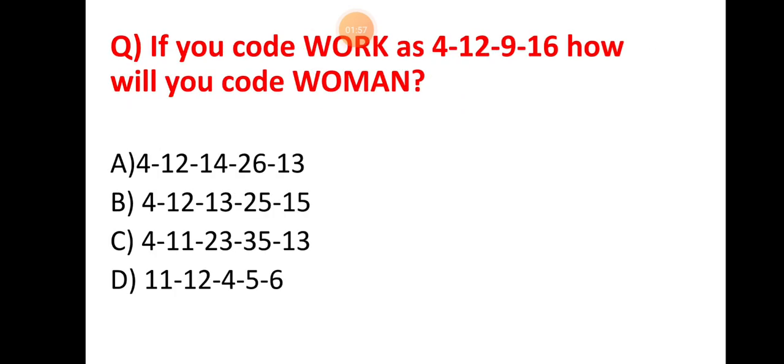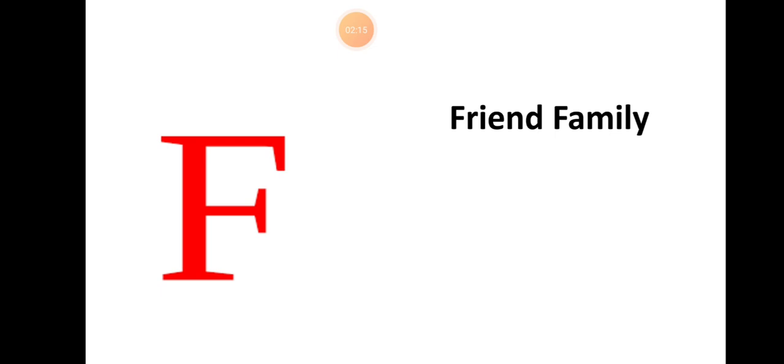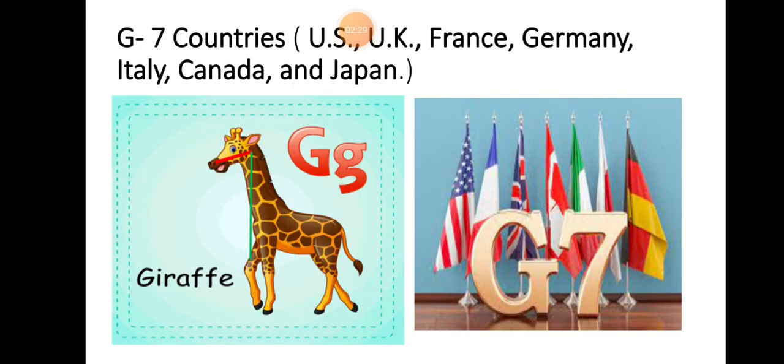Now let us move to this slide. For A, we know the value of A is 1. If we count from the beginning, A gets 1. The value of A will be 1. Value of B is 2. We don't need any tips and tricks for A, B, C, D, E and F. F, its value is 6. Or F for friend. Friend has 6 characters. F for family, we can use this other approach as well, but up to F we don't have any confusion. For G,